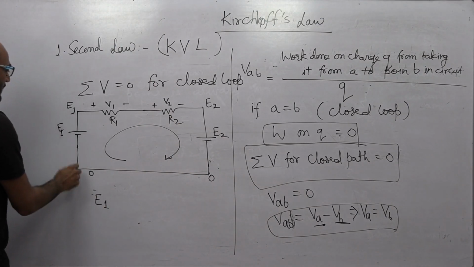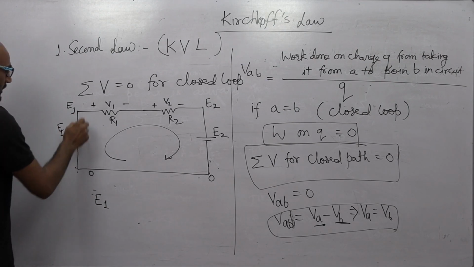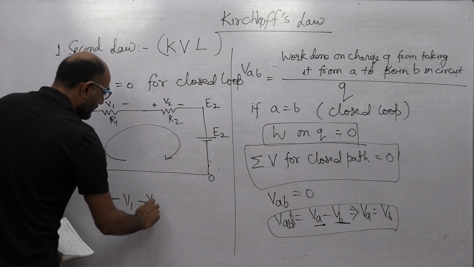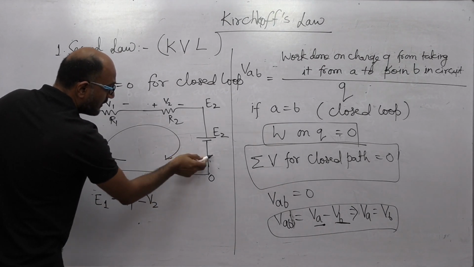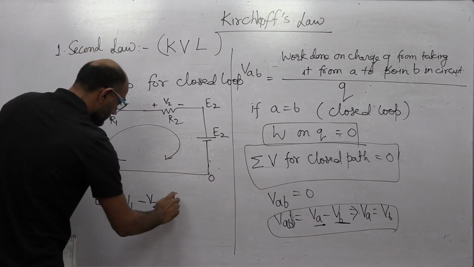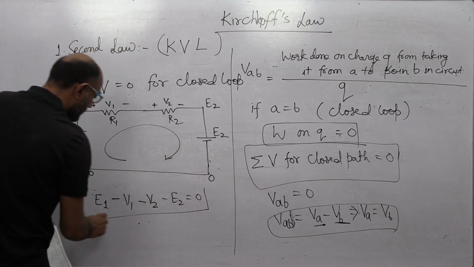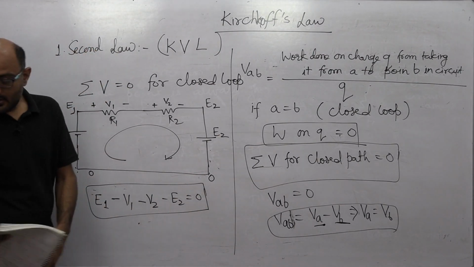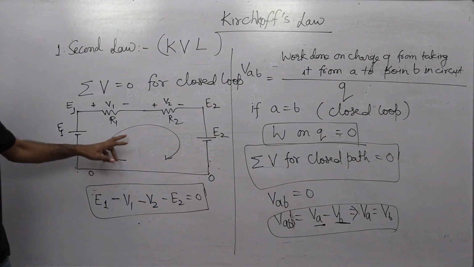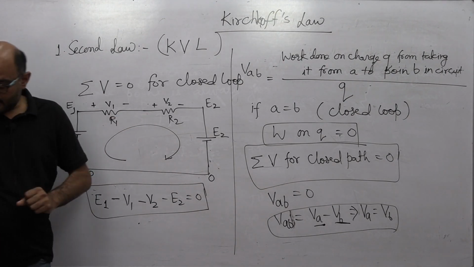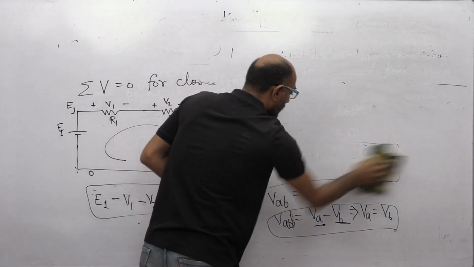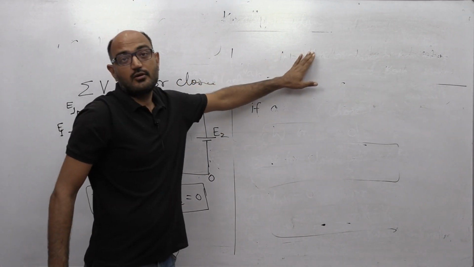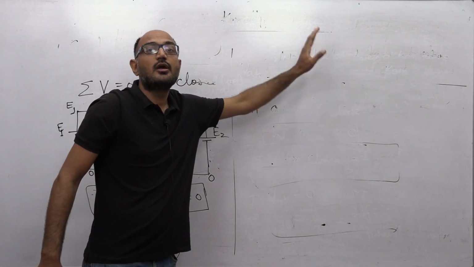So this way you can write it, this E1 from here to here, right? 0, E1 minus V1 minus V2, and from which point you are coming out? Minus E2 equal to 0. So this is Kirchhoff voltage law in this given circuit, according to the sign conventions we have studied in the last class. Yes, one note: because this Kirchhoff voltage law is based on the work done from point A to point B to move the charge.